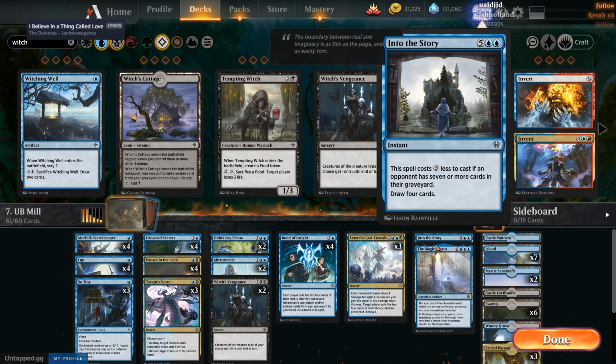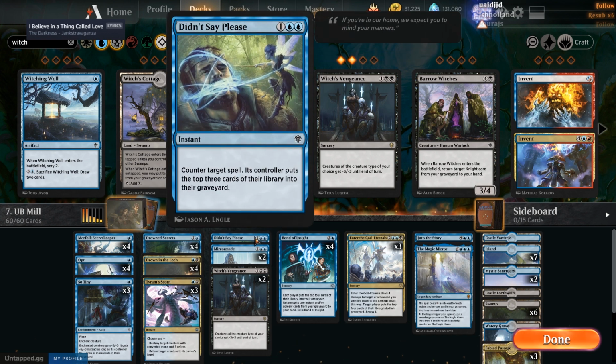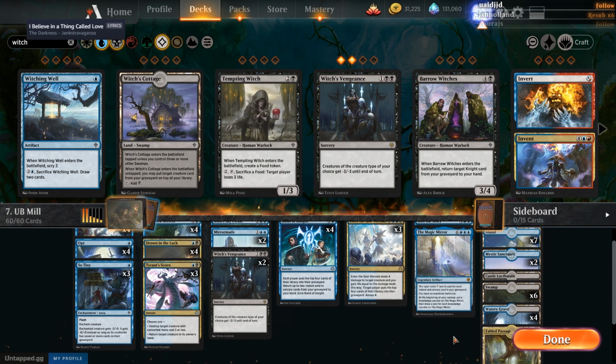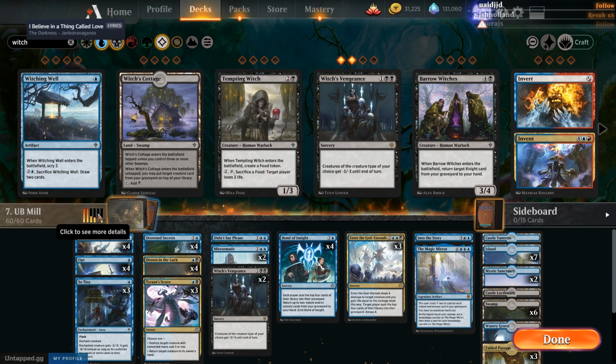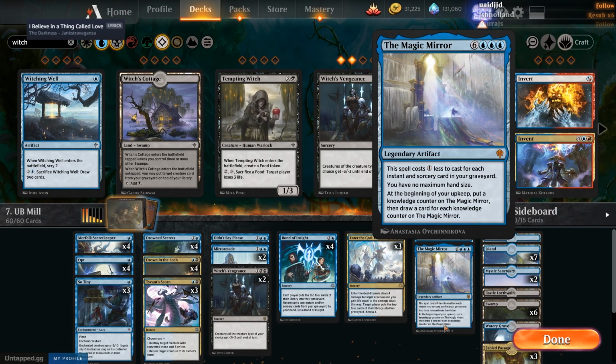And we'll go down... Probably a Didn't Say Please. I had to put this in for the memes, for the record. This had to be in here. Not sure if it's correct or not, but maybe we want to fix the swamp issue as well. Is that an issue? Because, like, we're 94% blue. We got